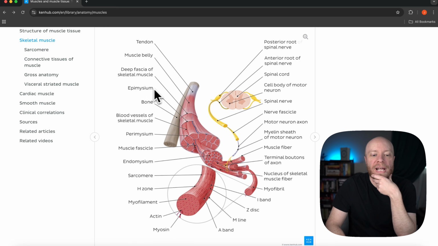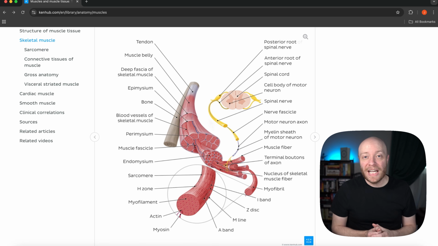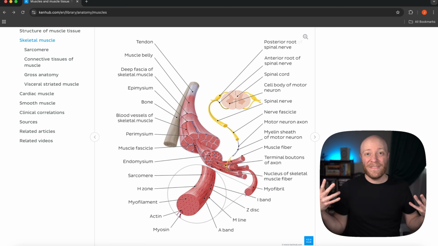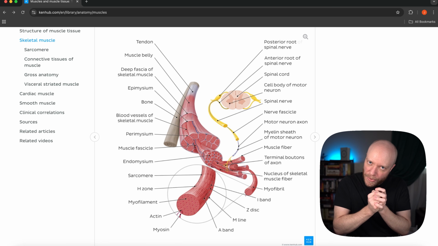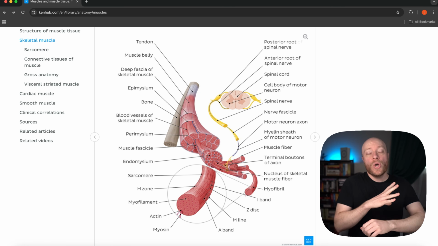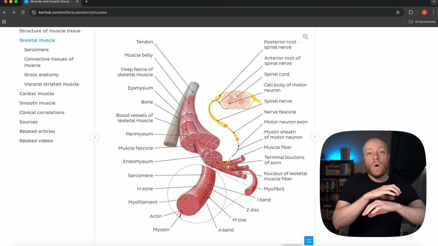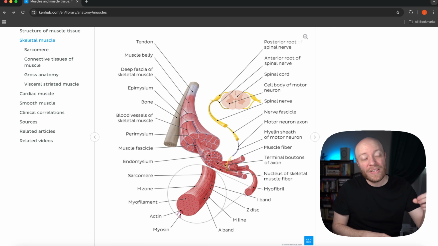And that's going to be true with our next layer here, which is called the epimysium. So again, this is the fascial layer. And then if we go down, you can see there's another layer right here. That's the epimysium. Epimysium is also made of dense irregular connective tissue, just like the fascia. This time, though, instead of wrapping and compartmentalizing groups of muscles, it is going to only be surrounding an individual muscle. So when you are, say, dissecting, and you are looking to try to find an individual muscle, you would actually try to find the epimysium because that is going to clue you in that you are looking at an